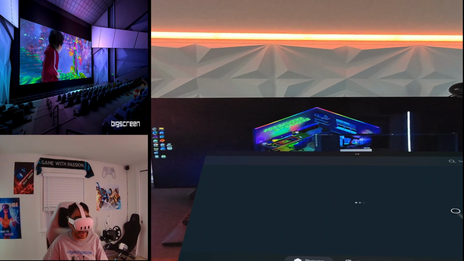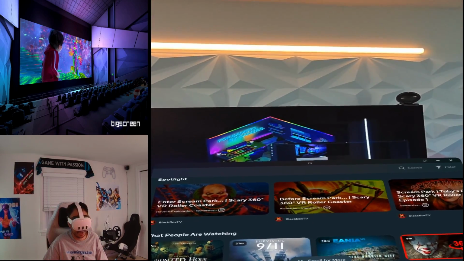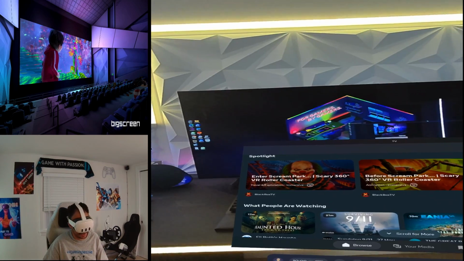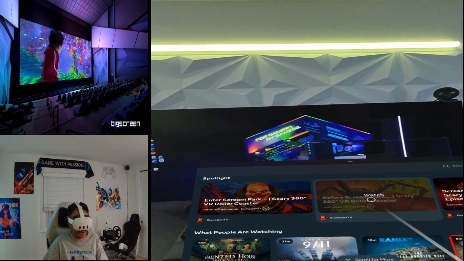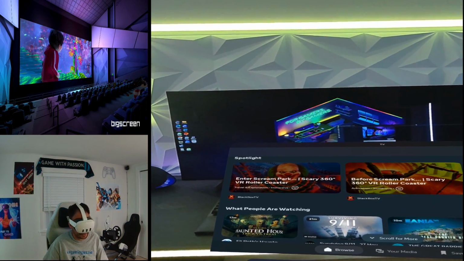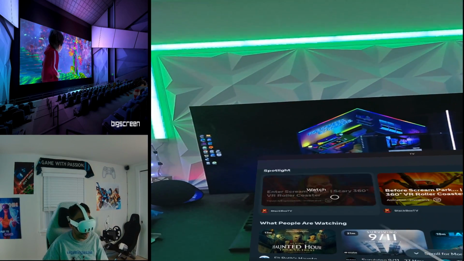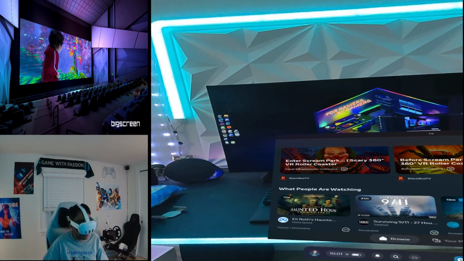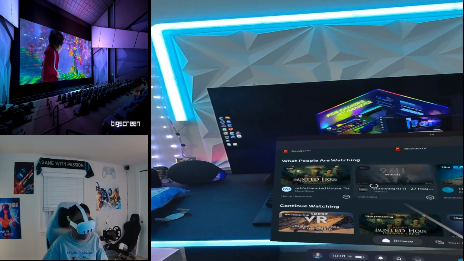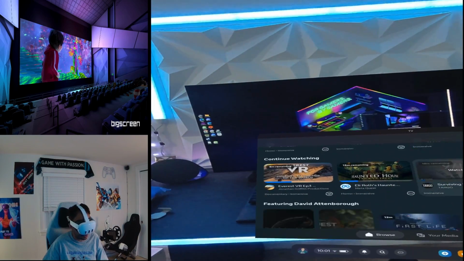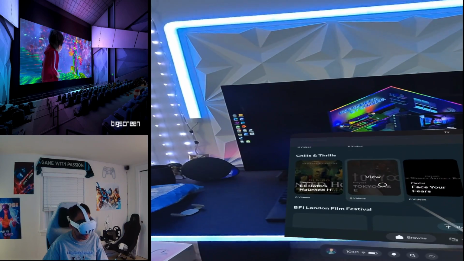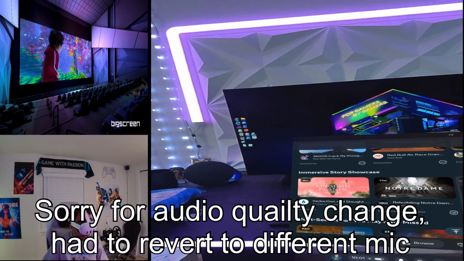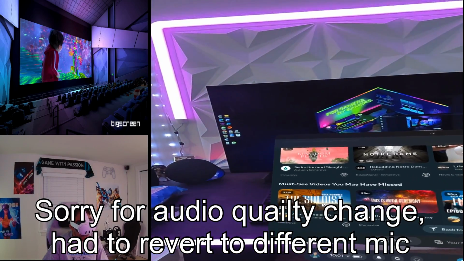We also have Oculus TV as well, which is another app on here that you can use. And this actually has a bunch of different options as well. This is an app that usually gets forgotten about, but there's a lot of good stuff on here that's curated by Meta and stuff like that. They have immersive content here in 360 and 180. You can see all the different things that people are watching. This was a lot of fun to watch. A lot of different variety of content on here that we can't all go over, but you can see there's something for everyone in here. And a lot of it. There's even some 3D content on here.